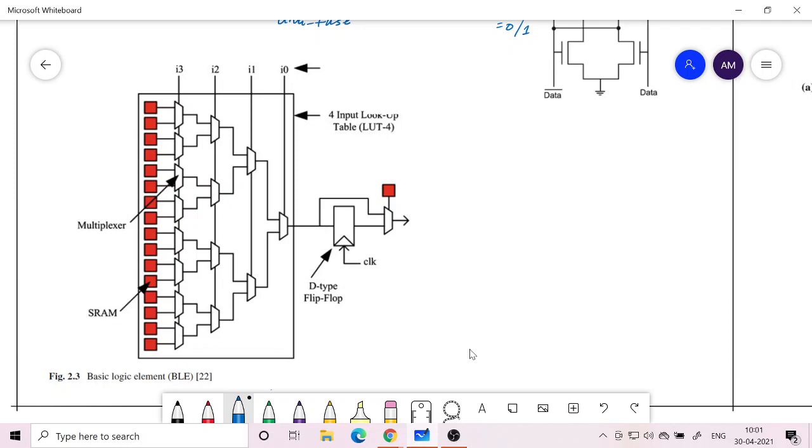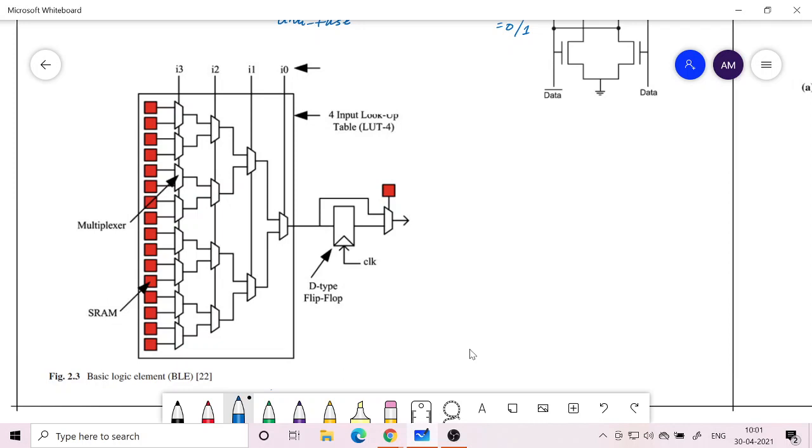Just like we said yesterday, in the CPLD we have what are called macro cells, and inside one logic array block we can have more than one macro cell. So a similar approach here also. We have what is called a basic logic element, BLE, and you can have multiple BLEs inside one CLB.